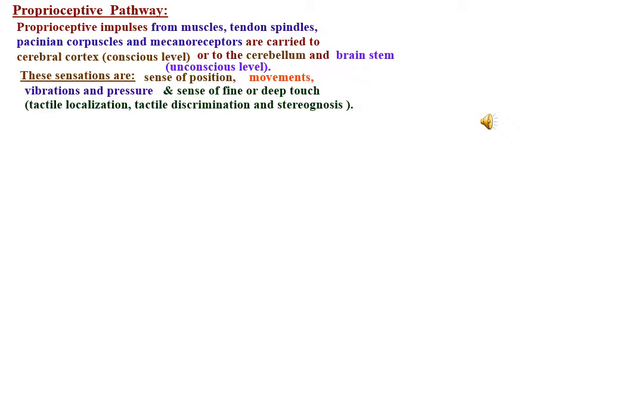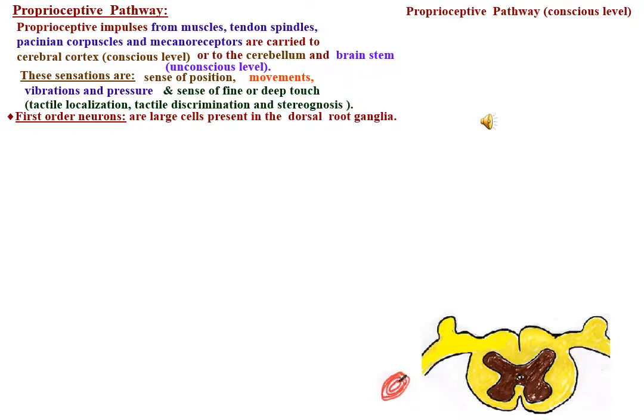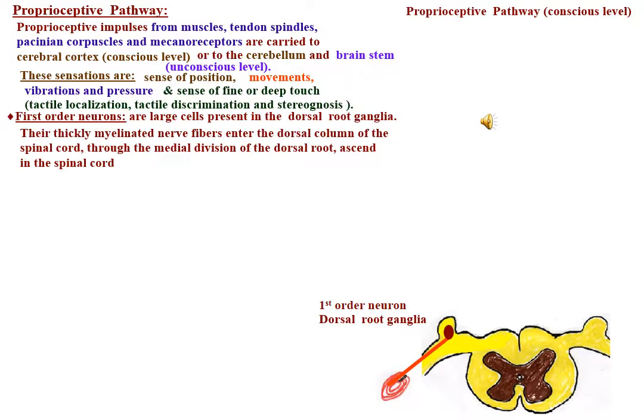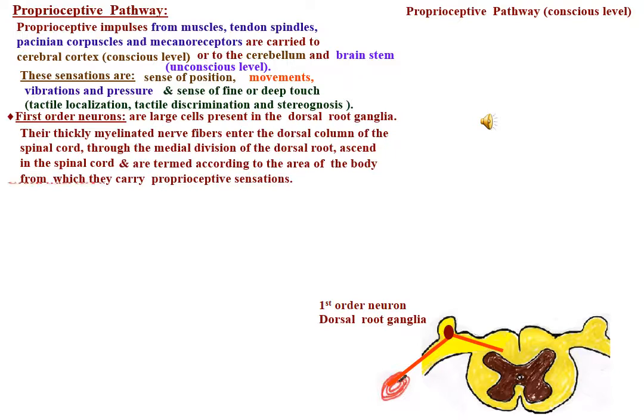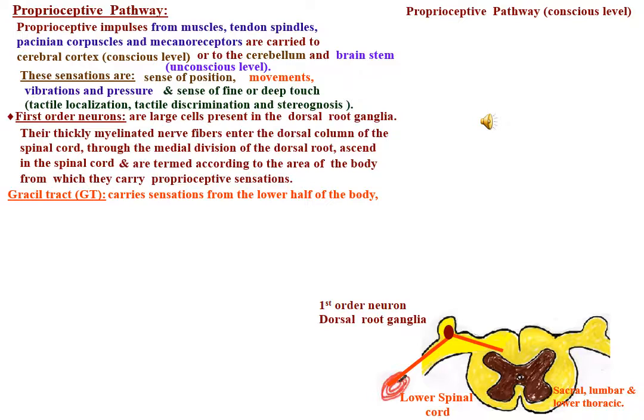For the conscious level, the proprioceptive pathway is carried through three-order neurons. The first-order neurons are large cells present in the dorsal root ganglia. Their thick myelinated nerve fibers enter the dorsal column of the spinal cord through the medial division of the dorsal root and ascend in the spinal cord, and are termed according to the area of the body from which they carry proprioceptive sensations. Gracile tract carries proprioceptive sensations from the lower half of the body, sacral, lumbar, and lower thoracics, and